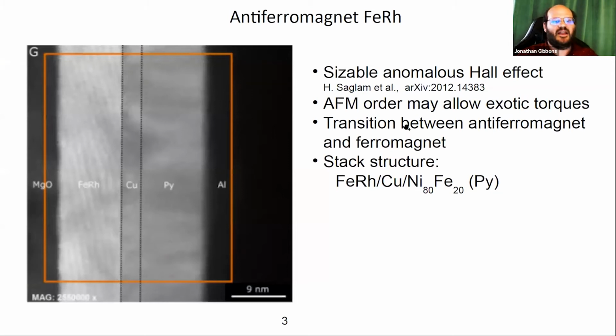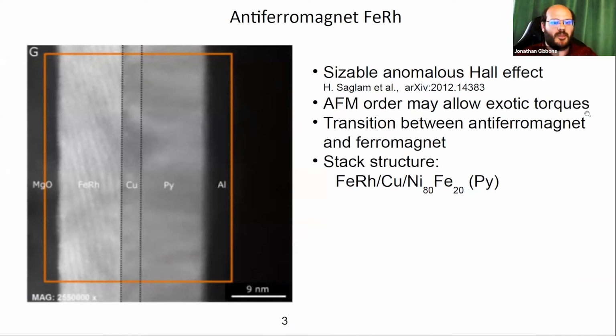So we investigated antiferromagnetic iron rhodium. It's a 50-50 alloy. We chose this material because it has a sizable anomalous Hall effect, which indicates large spin orbit effects, and so we thought it might have a large spin torque efficiency. It has antiferromagnetic ordering that may allow for exotic torques. And moreover, because it has a transition between antiferromagnetic and ferromagnetic ordering right around room temperature, that potentially allows for the manipulation of the magnetic ordering